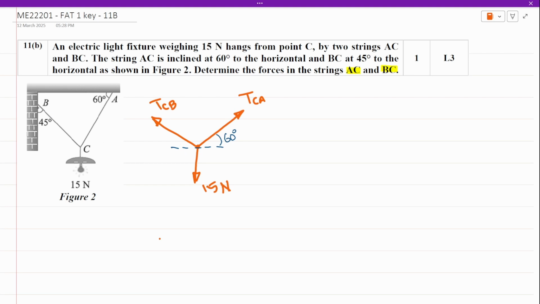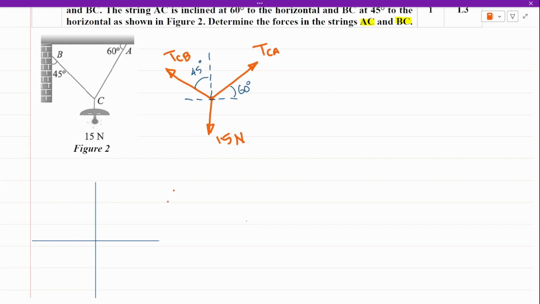Similarly, if I consider TBC, the angle is 45 degree with respect to y-axis. So this is BC. So in that case, if I draw a vertical line, so the angle is 45 degree with respect to this. So now let us draw what is our force diagram for this particular problem. You have TCA, which is 60 degree horizontal. It goes in first quadrant. You have TCB, which is 45 degree in terms of vertical, and you have 15 Newton which is acting towards